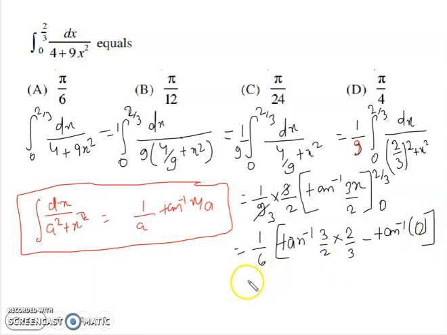Are you getting my points? So now we can write 1 by 6, and in which it will become the 1. So we can say tan inverse tan pi by 4, because tan 1 is equal to tan pi by 4, and we know that tan inverse tan pi by 4 equals pi by 4, right. And this term is equal to 0 because 0 is the value of tan 0. So tan inverse tan 0 is equal to 0. So we can directly write pi by 24, okay. So it will be the correct answer. Thank you.